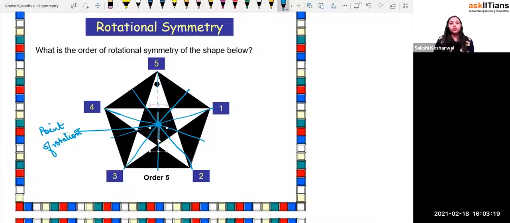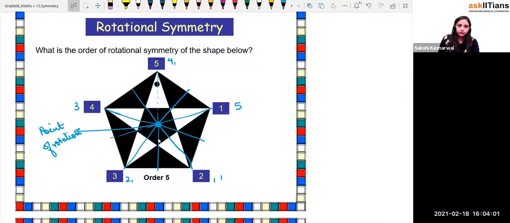So what happened if you rotate this, as I have shown you? After a rotation, 1 will go over here, then 2 will go over here, then 3 will go over here, then 4 will come over here, then 5 will come over here, right? Then what will come over here? You will have 5. Now again you will do the rotation. I started from here, you rotated, this is like 5. Now 5 will come over here, right? Now what will come over here, beta? I wrote 5 twice. You got 5.